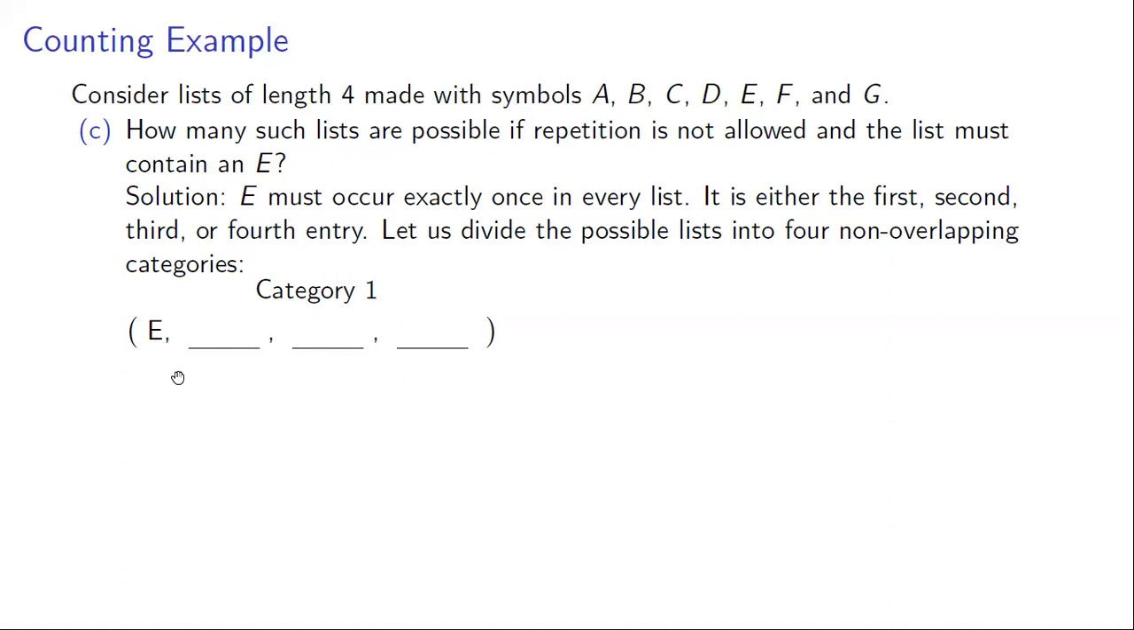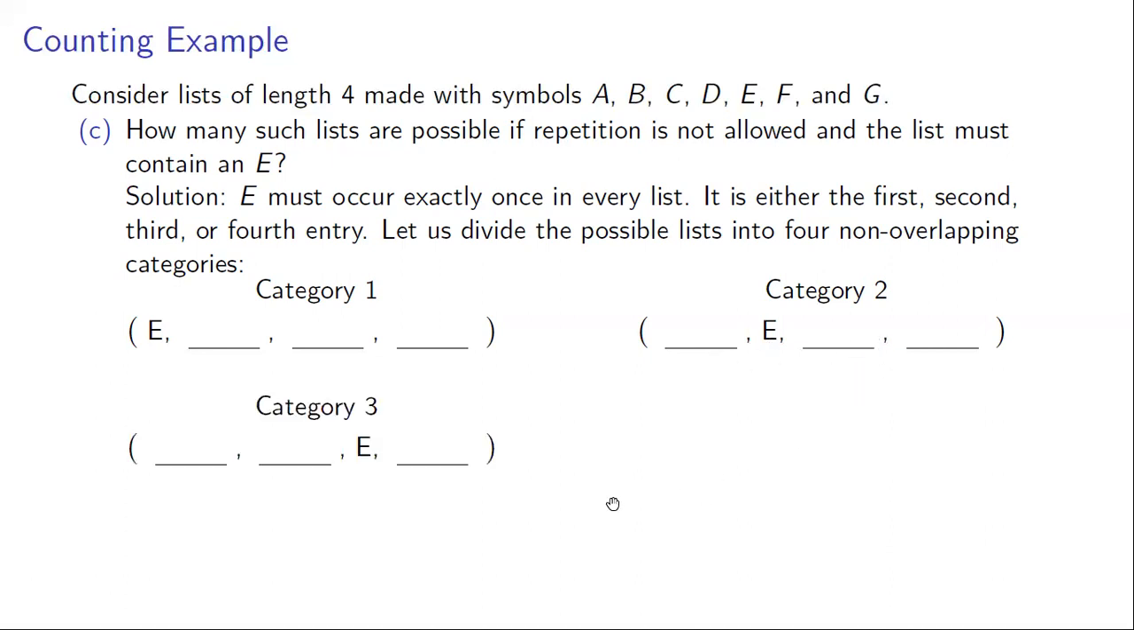The other entries we're not sure yet. Category 2 has E as the second letter, the second entry, and we're still not sure about the others. Category 3 has E as the third entry, and category 4 has E as the fourth entry. Okay, so these are 4 categories, and they're non-overlapping because if you think about it, if you have, for example,